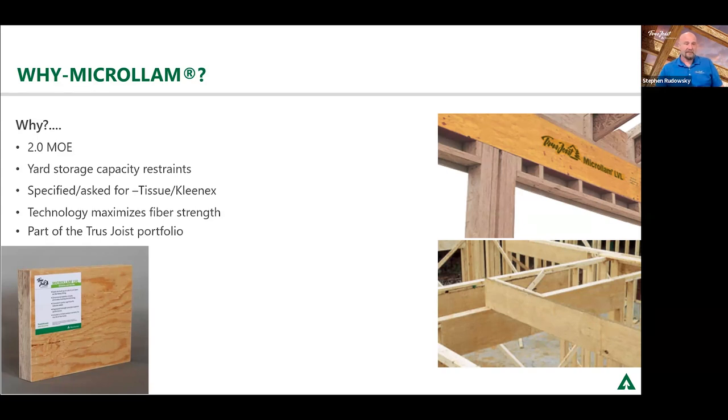Briefly, I discussed why it's specified. Truss Joist is known as being the most specified product in the markets throughout North America. And the reason for that is we were the first out of the gate. We owned the patents to all of the technologies that you're going to see tonight. And as other producers came into the market and those patents ran out, they were able to start creating another